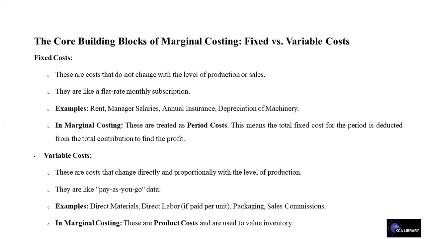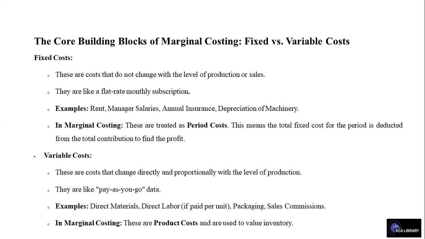the level of production or sales, and they are like a flat rate monthly subscription. Examples are the rents, manager's salary, annual insurance, depreciation of machinery, and in marginal costing, these are treated as period costs. And this means that the total fixed cost for the period is deducted from the total contribution to find